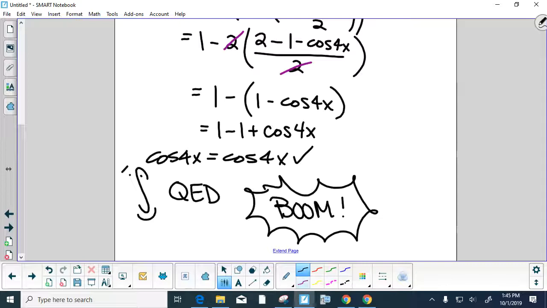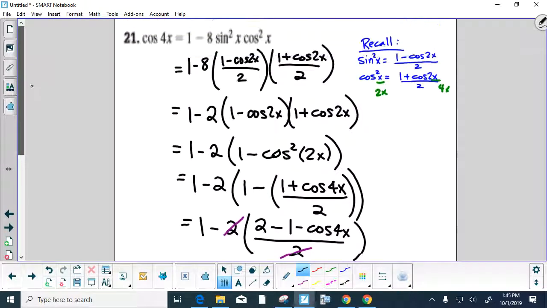Yes, sir. On the remember part, I think the sine squared of x is equal to 1. Where did you derive that from? And where should the denominator come from? I derived that from